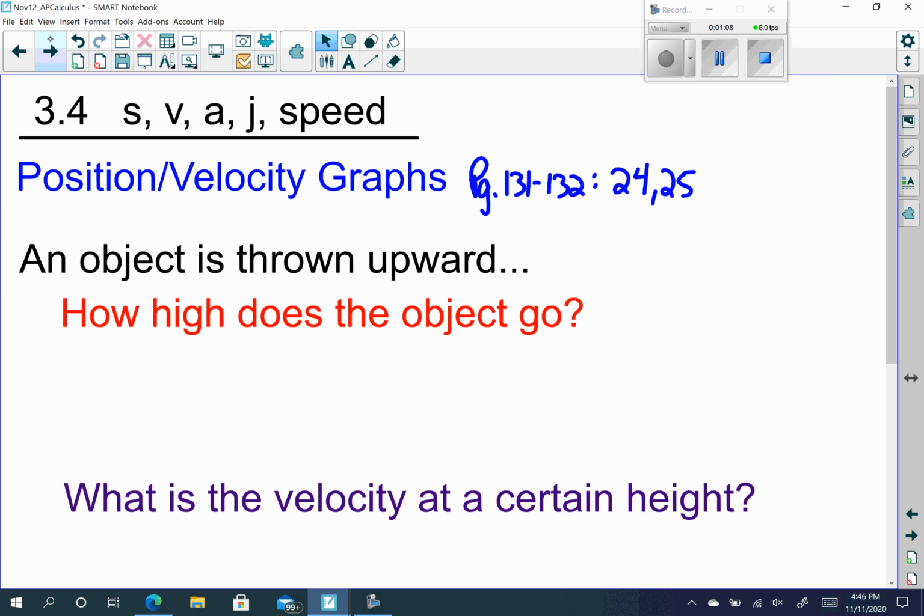So I just want to focus on the process here when I'm asking you each question, because sometimes this can be confusing if you're not taking the time to really understand what's going on here. So if I give you a problem where an object is thrown upward, and I ask you how high does the object go, and I'm just giving you the position function, let me write this out here, given s of t,